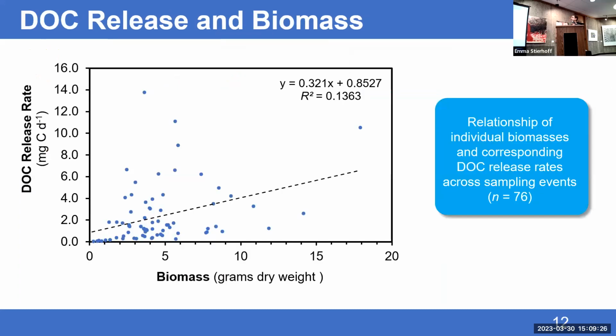Okay, so next slide. So here I'm showing that there was a very weak relationship, kind of contrary to what we'd expect, contrary to a lot of the assumptions in the literature, which assume we can estimate DOC release from the amount of biomass, the amount of primary production, as a proportional metric. In my data, biomass is only explaining about 14% of the variability in DOC release. You can have some very high biomass samples that have very low DOC release, and conversely. So this is an indication that maybe passive exudation mechanisms are more important, and there's something else going on here.